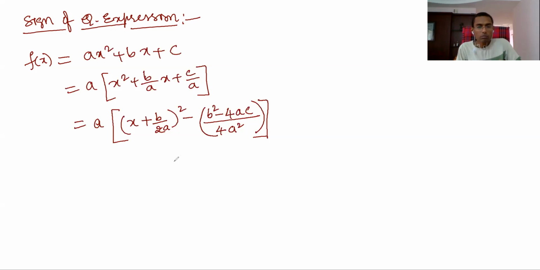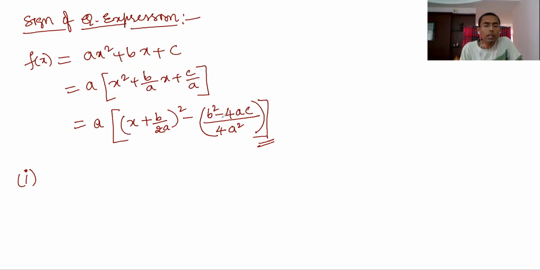So now I want the sign of the quadratic expression. If it is positive, for what values it's positive, and if it is negative, for what values it is negative. Here the whole square term is the variable term, and the remaining term is the constant term. So through this we'll understand now. Case 1. B square minus 4ac is what we call delta.